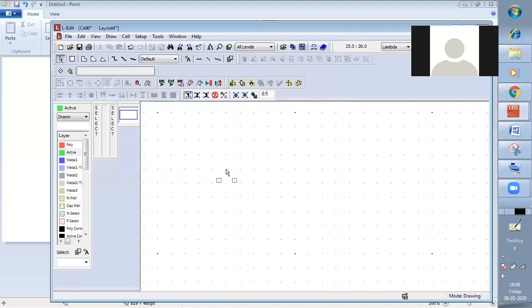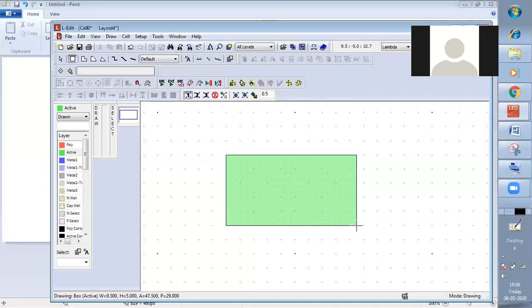Now, as I told you yesterday, we have to draw an active of height 5 lambda and width 13 lambda. So I will draw this active. When we draw, we have to see the bottom bar, where the height is 4. Now first we have to make height as 5 and width as 13 lambda. Why 13 lambda? We discussed that yesterday, but we will see it now also. We have to extend this up to 13 lambda and height is 5 lambda. So this is the active.